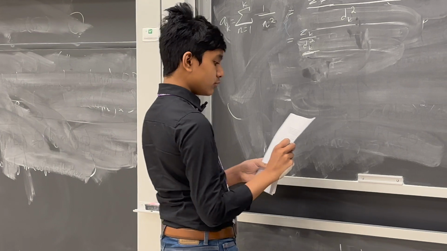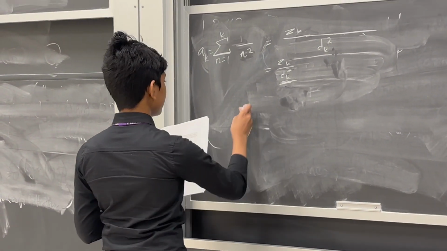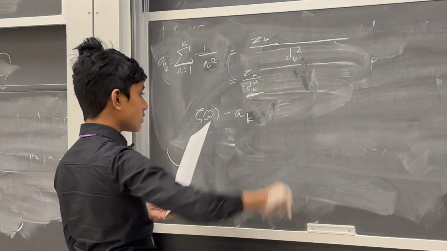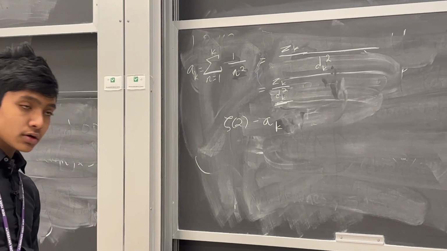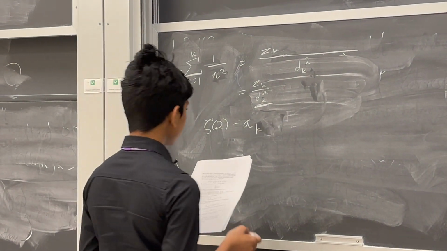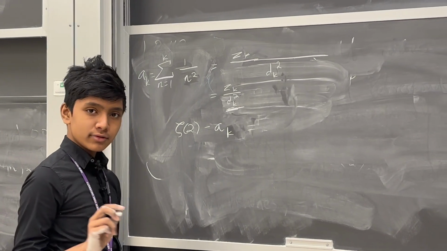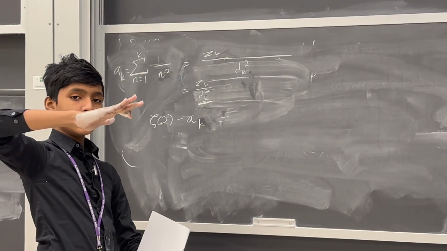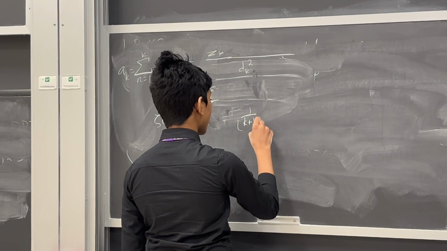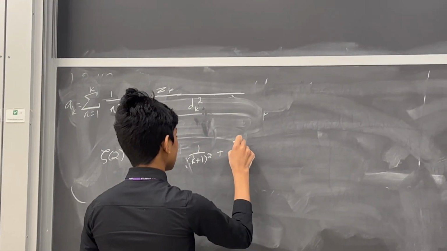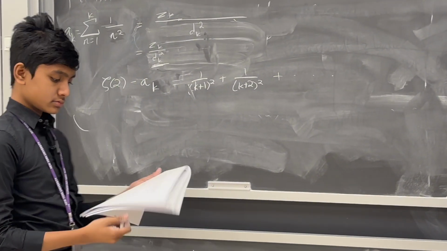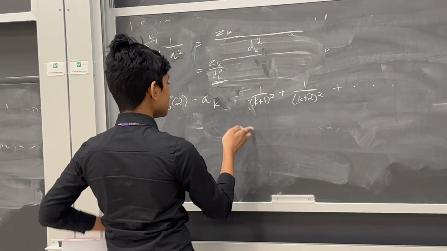So, if we're doing a partial sum, now let's try to find an integral form for this. Zeta of 2 minus the partial sum, the error function. Okay. So, that's just going to be every single term besides the finite ones at the beginning that we've just cut out. So that's going to be 1 over k plus 1 squared, 1 over k plus 2 squared, and so on. Okay, so that's just equal to,